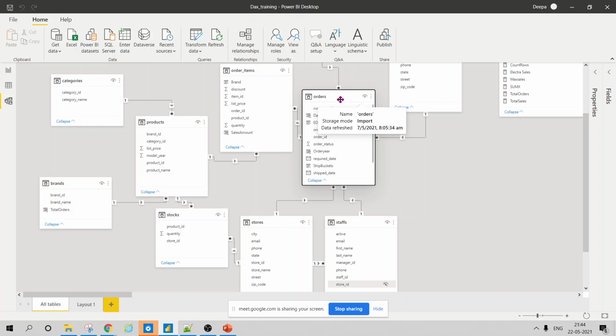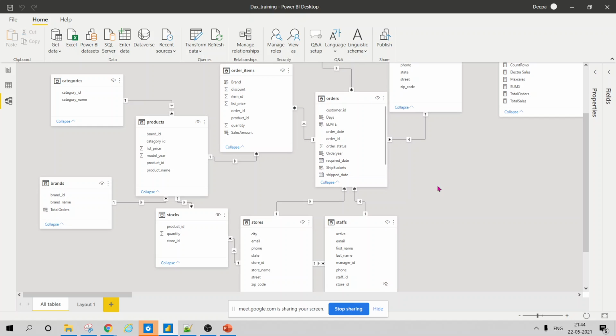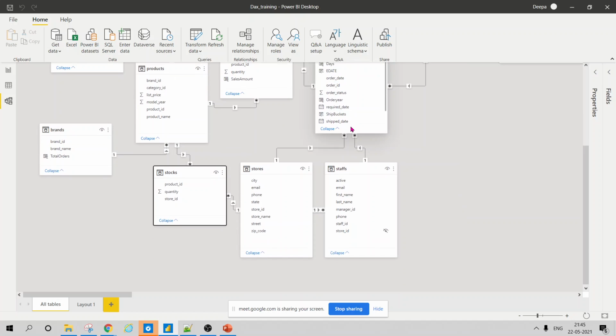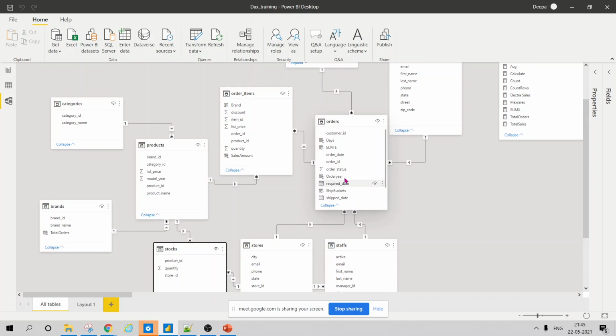Now, if I want to filter something from the brand table into the order table, what should I do? Suppose I have shipping buckets and order status, and I want to filter by brand name and see order status.